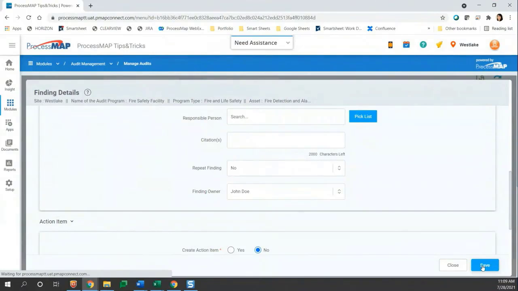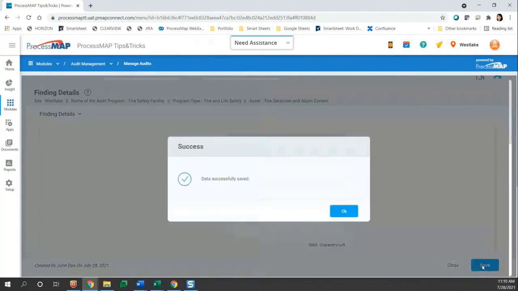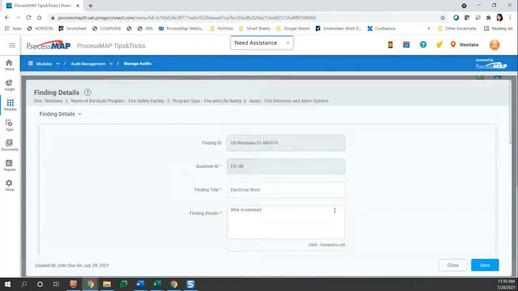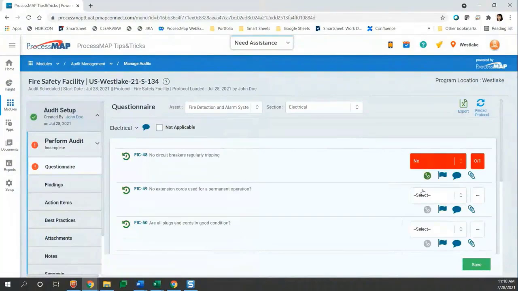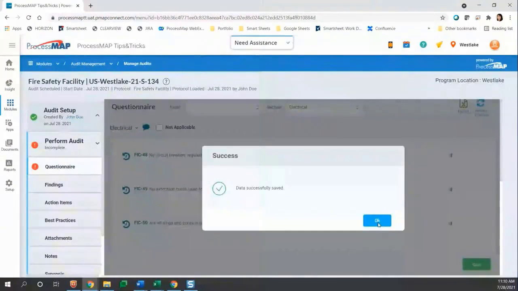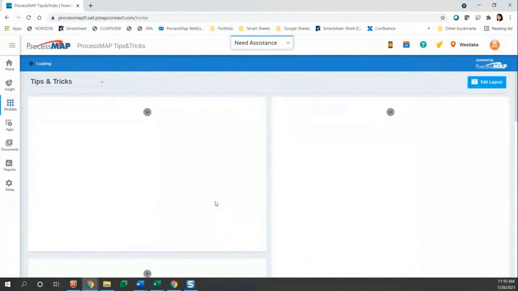And again, folks, this is just a basic part of conducting an audit. If you are obtaining findings, this is how you would do that in the event you haven't been in here before. So now that I've gone ahead and saved that, my finding has now been captured. And if you didn't already know, you can conduct and save an audit without answering all of the questions. So I'm going to go ahead and select OK and navigate back to my home screen,